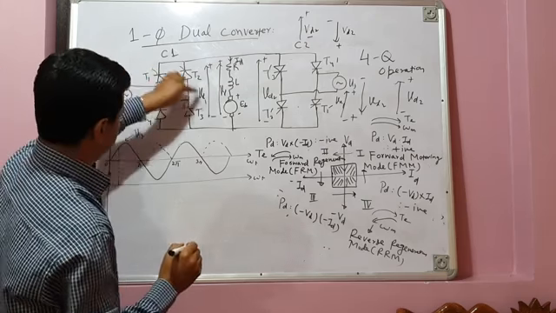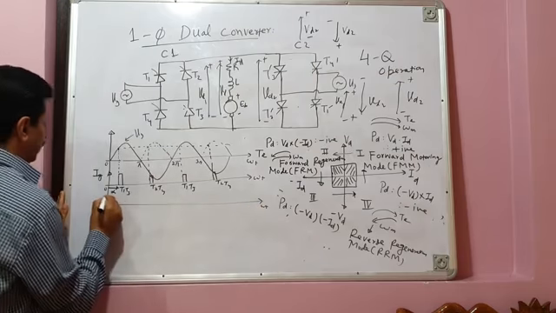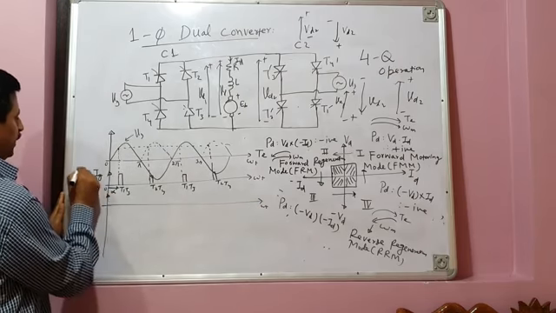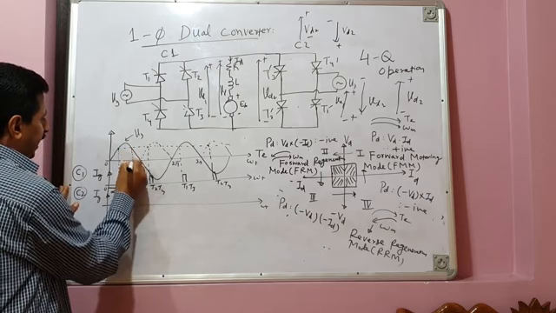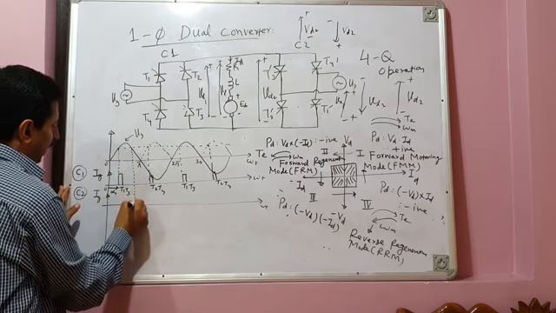What will be the firing pulse pattern for converter C2? Let us see. Converter C2. This is for converter C1, and now the firing pulse pattern for converter C2, Ig. When converter C1 is operating in the rectification mode of operation, alpha is less than 90 degrees. At that time, converter C2 will operate in the inversion mode of operation, and if this is alpha 1, the delay angle alpha 2 will be pi minus alpha 1. This is pi minus alpha 1, which will give you that angle. This will be the firing angle or delay angle for converter C2.